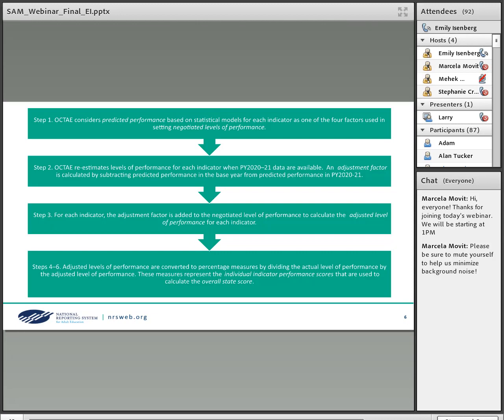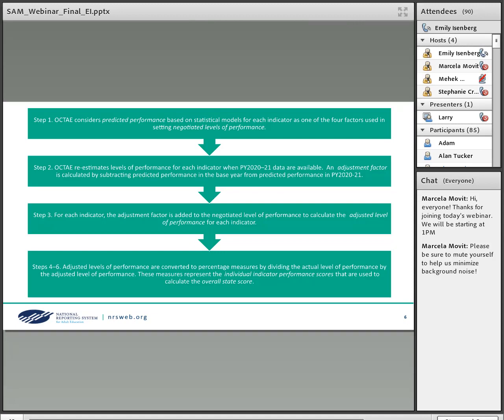The adjusted level of performance used in calculating the performance scores is the negotiated level of performance for program year 2020-21 plus an adjustment factor. This is shown as step 3 on this slide. The adjustment factor is the predicted program year 2021 performance minus the predicted base year performance.